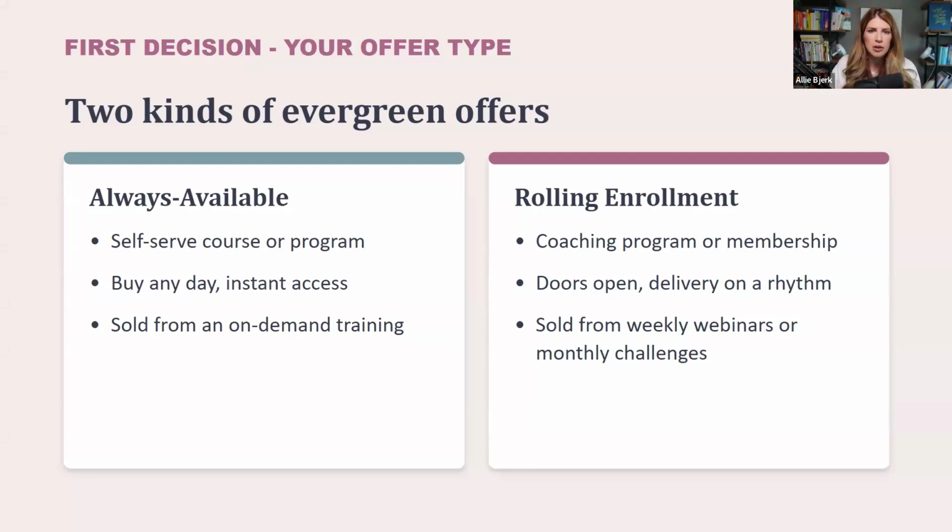So I think of evergreen offers in 2 different ways. I think of it as the always available evergreen offer, where it's a training that somebody sees on your website and they can opt in and they can watch it. They can either watch it right away on demand, or there's some tech that you can set up where it's like, hey, do you want to watch this in 15 minutes or at 1 o'clock today or at 3 o'clock today? Data shows that the